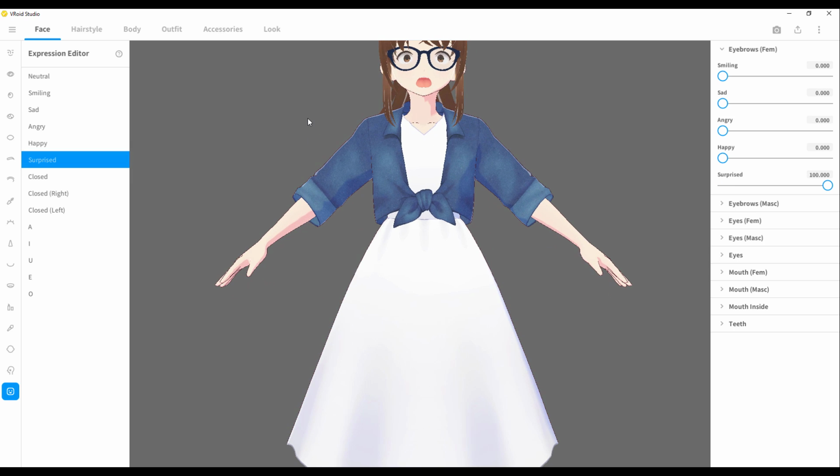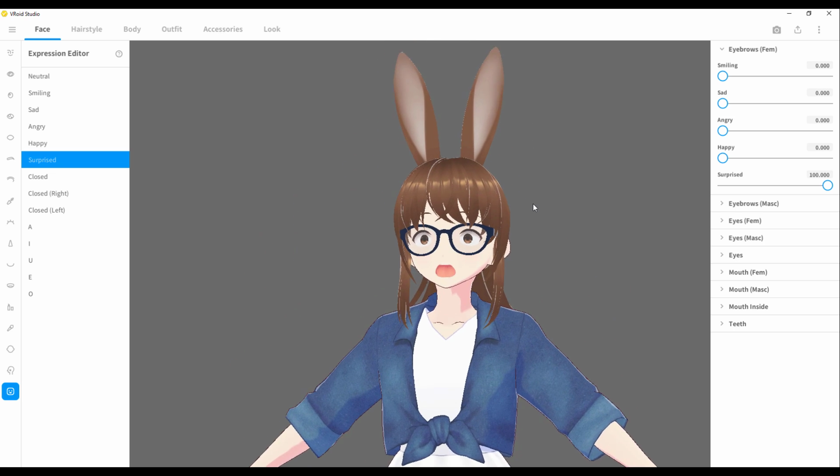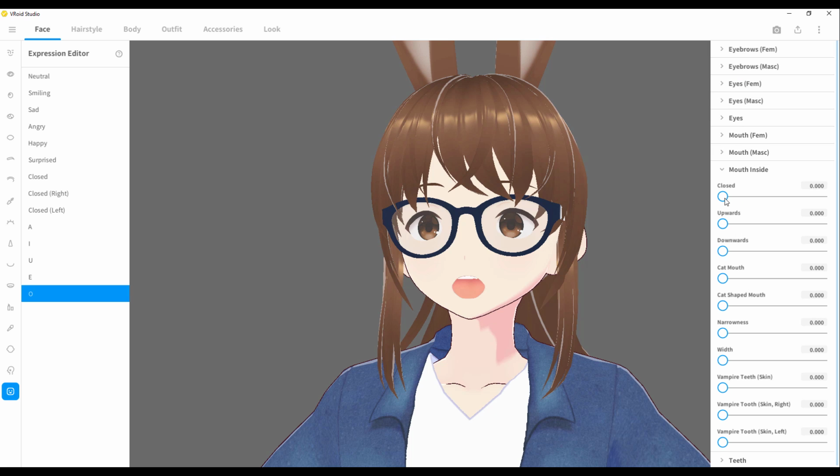So if you'd like to have the character be like, oh my god, what did you just say? Yep, it has it. Maybe you like to play with the looks. Maybe you want the character to wink. And if you're also thinking about inside the mouth, you want to play with it, depending on what you want to do, basically you just have these shapes and you can tweak them.